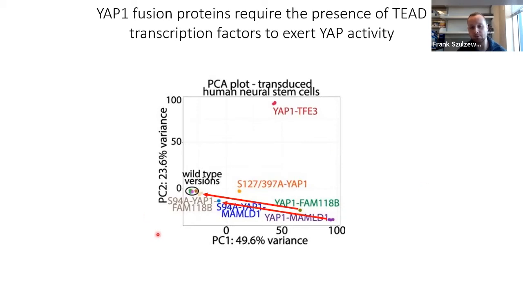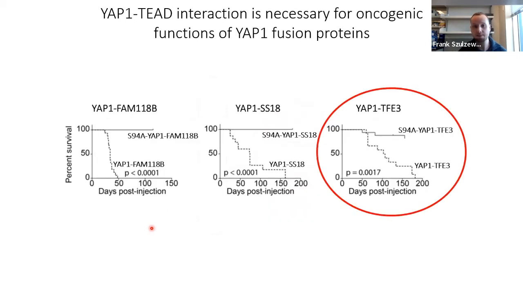And then when you overlap these mutants of YAP1 MAML2 and YAP1 FEM that cannot bind to TAZ anymore, you see that there's a dramatic shift in the activity, showing that a large part of the activity basically relies on TAZ. It's not all of that, but a large part basically relies on the interaction with TAZ.